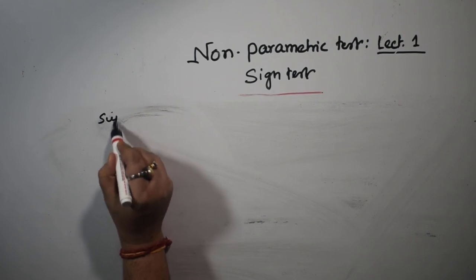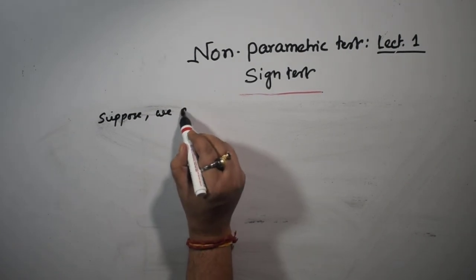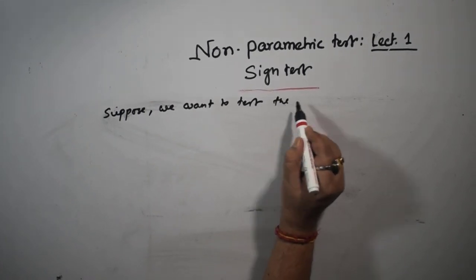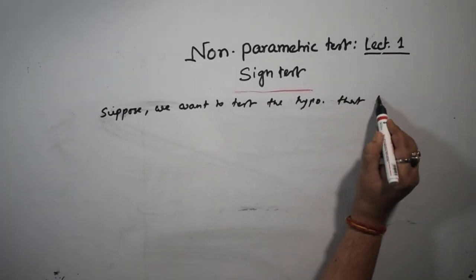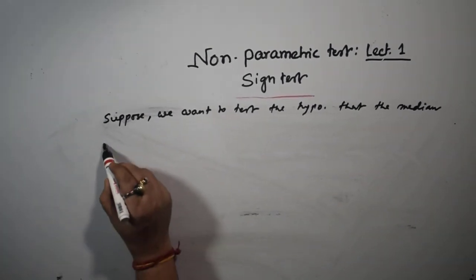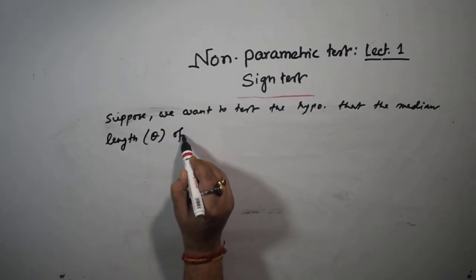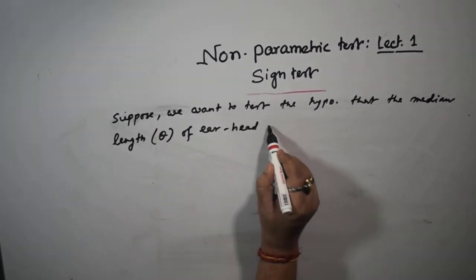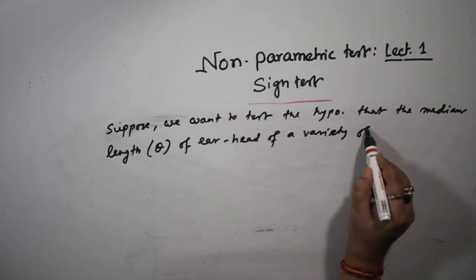Suppose we want to test the hypothesis that the median length theta of ear head of a variety of wheat